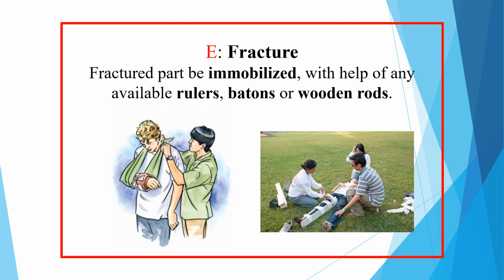Place a simple splint, if you have one, on the broken area. A splint holds the bone still and protects it until you see a doctor. To make a temporary splint, you can use rulers, batons, or wooden rods and wrap it with an elastic bandage or tape. Get medical care. The injured person should not eat or drink in case surgery is required.